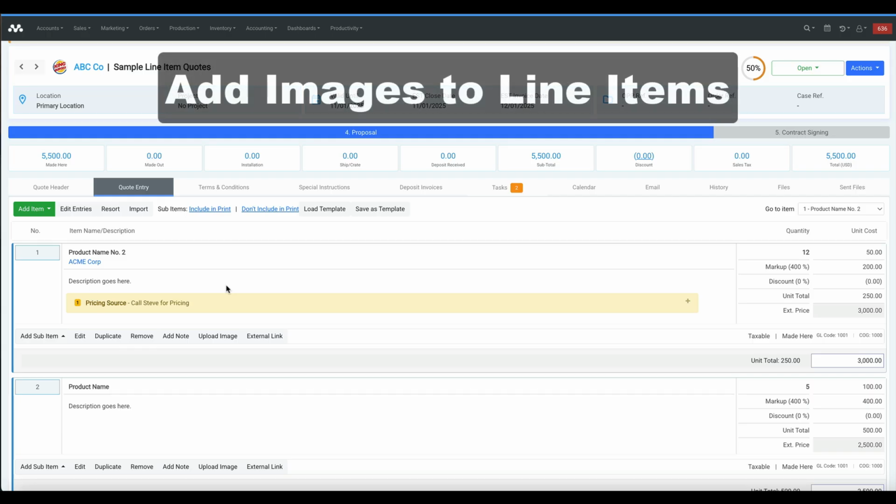customer, if you do have some images, you can upload an image here and the image will be available off to the side. We'll see what images look like in just a moment, but you can actually have a custom image. So if you're working with some sort of a project plan where images have been provided, you can upload the